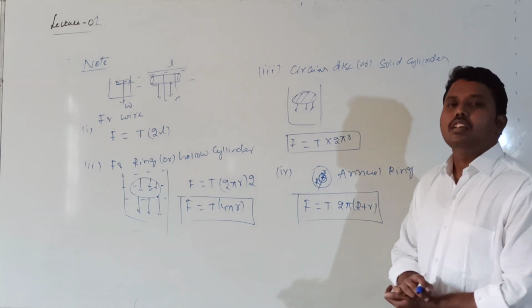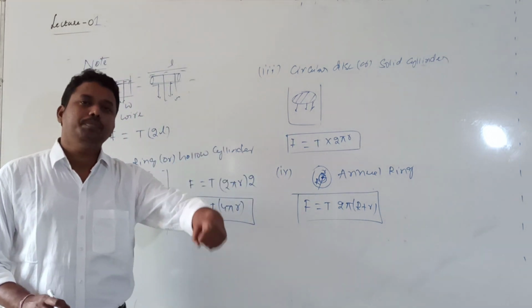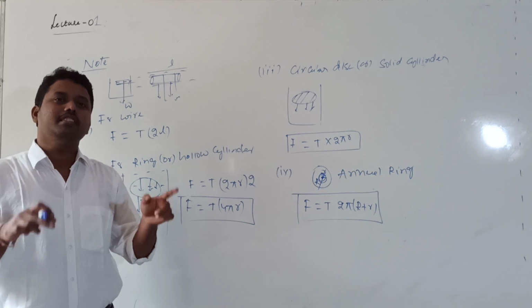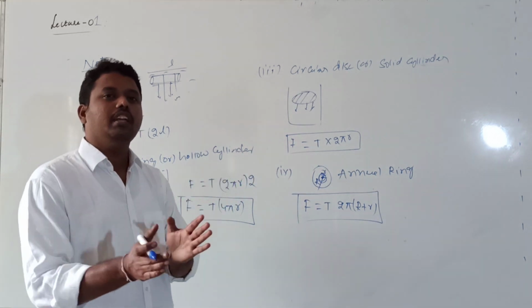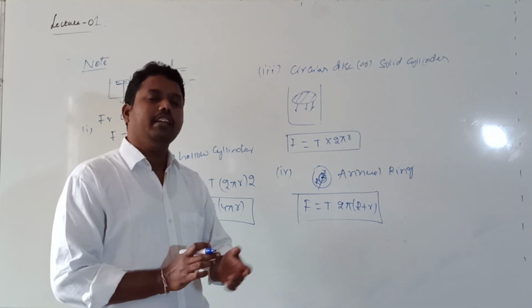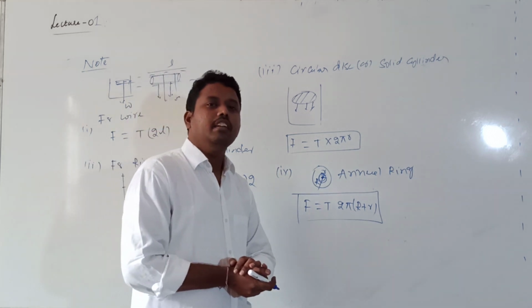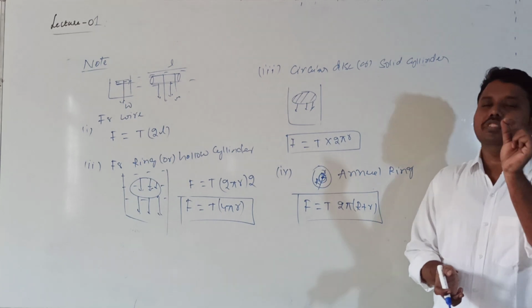Are you getting it? Because of the property of surface tension, if you want to lift any object, for example, if any other shape is given, triangular or rectangular, then the effective length value you need to calculate. Understood? If they give a rectangle, the length value you need to consider. So this is a very important application. This application is simply based on the definition.